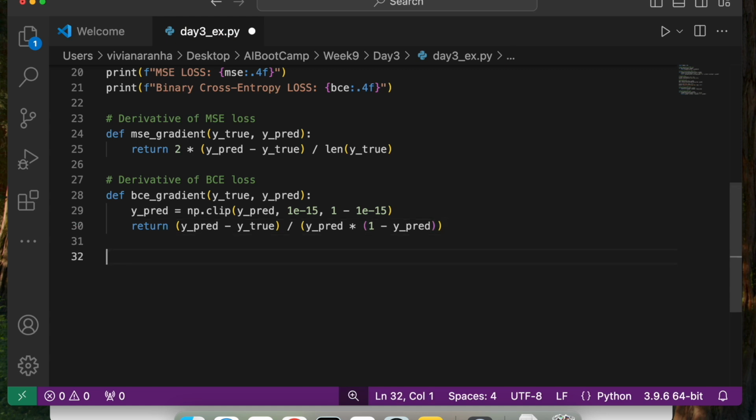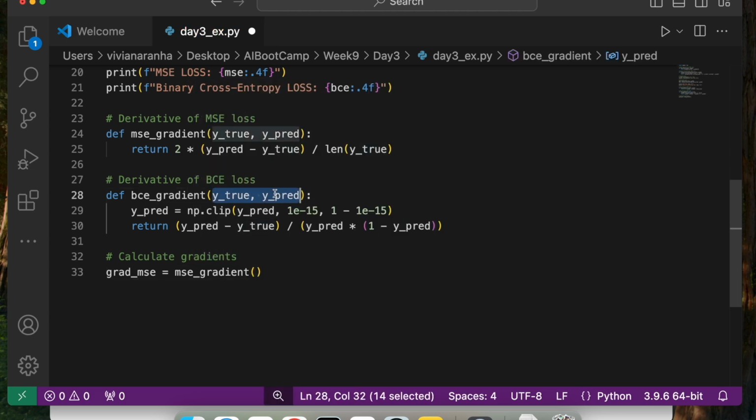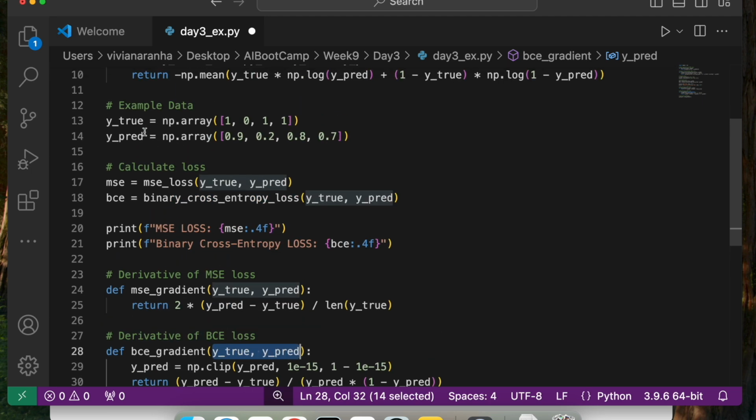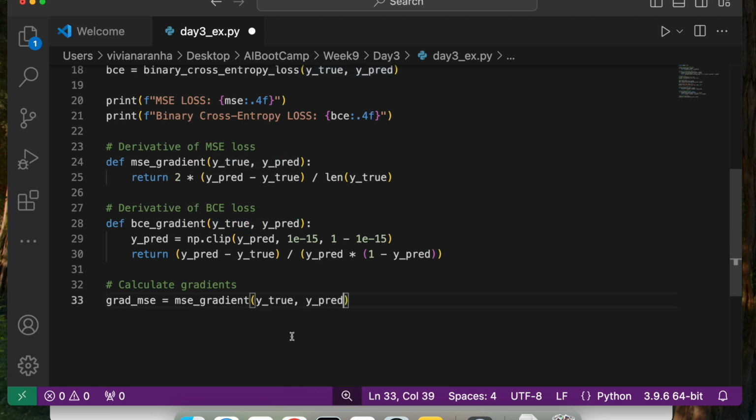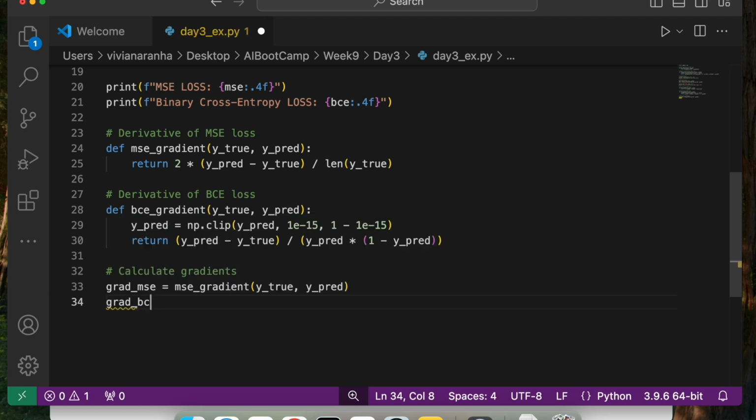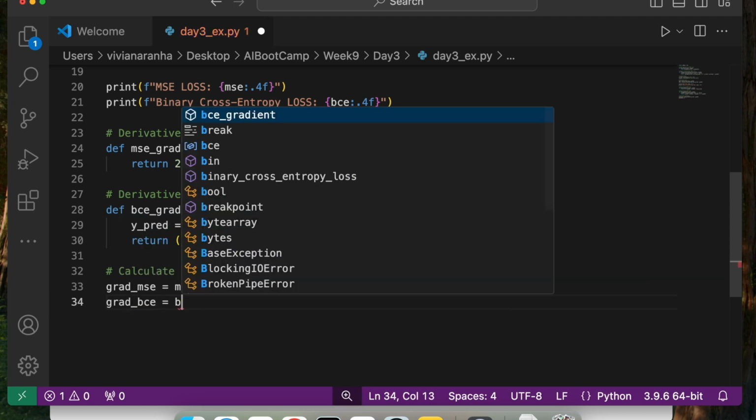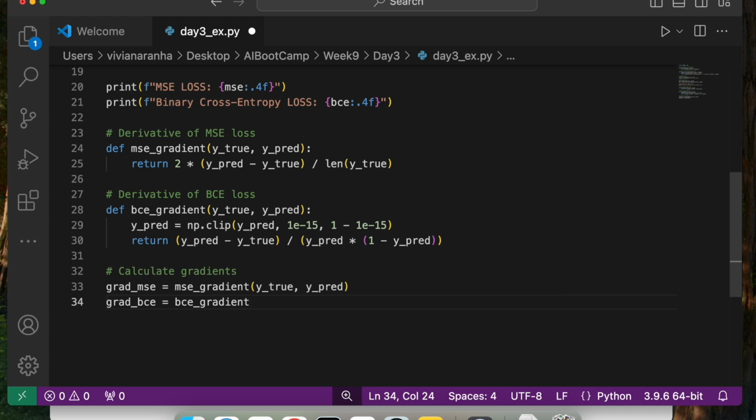So I have that. Now let's go ahead and calculate the gradients. I'm going to say gradient of MSE equal to MSE gradient, and I'll pass the same y_true and y_pred that we have initialized right here, the example data we have. Similarly for BCE, I will call the BCE gradient function, and here I'll pass y_true and y_pred.